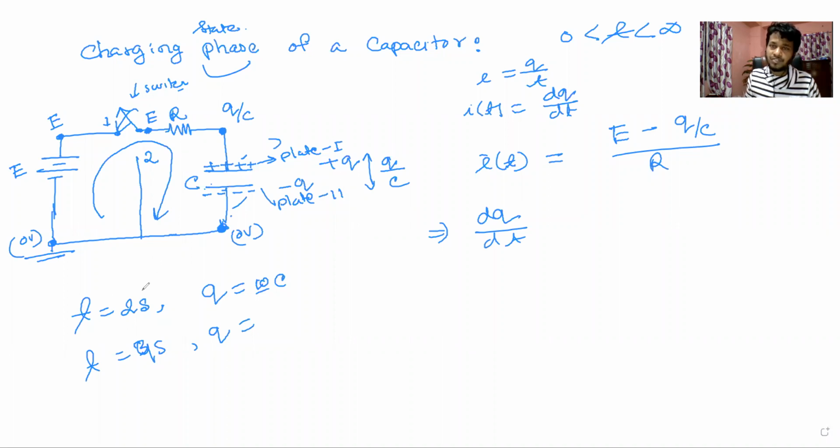So now if at time 2 seconds the charge on this capacitor plate is 10 coulomb, then of course at time 4 seconds the charge will be higher. Suppose this is 15 coulomb. Then the difference between these two charges is represented by dq, and this would be a positive value. The difference between these two times is represented by dt, and this would also be a positive value. So dq by dt will be a positive value, right?